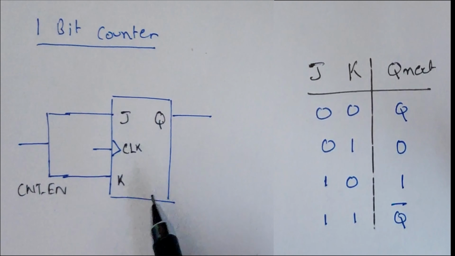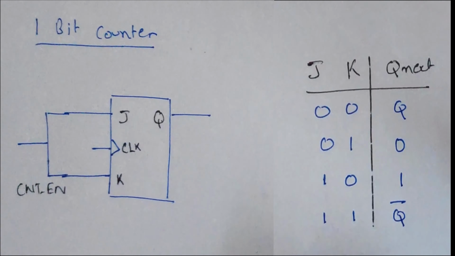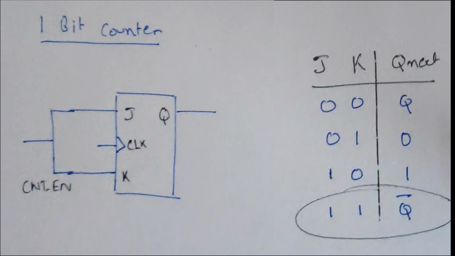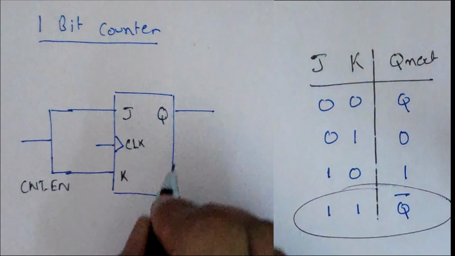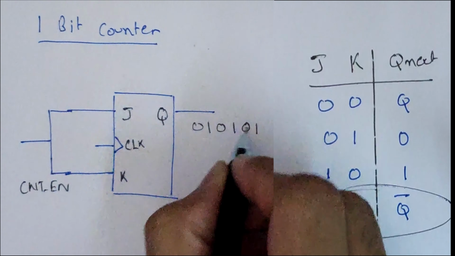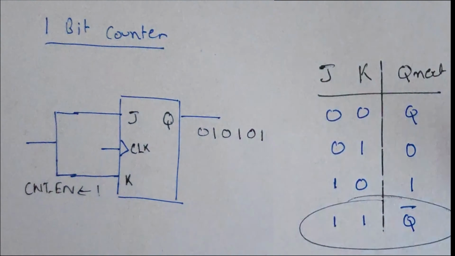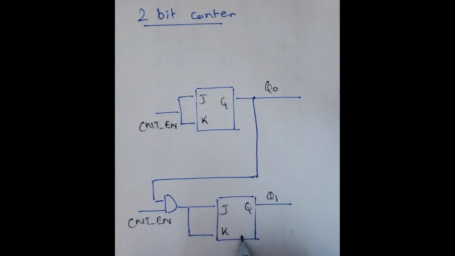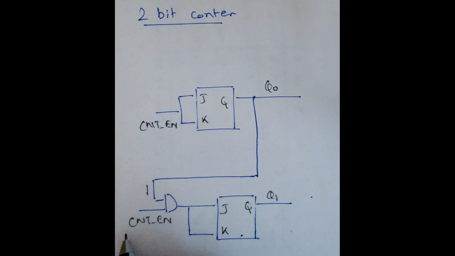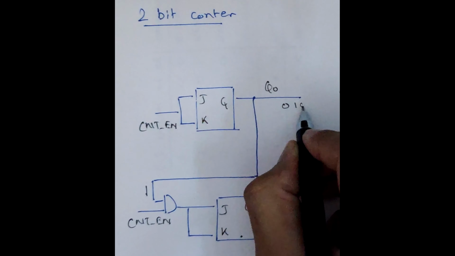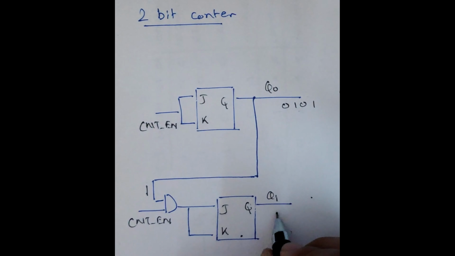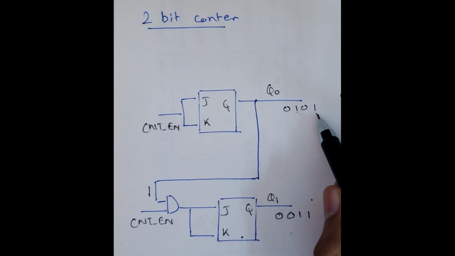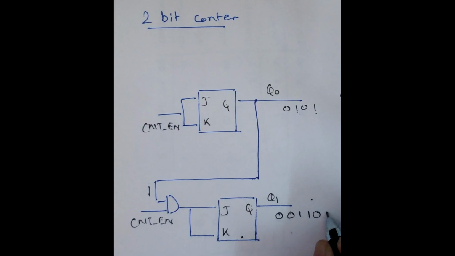This is a 1-bit counter made with a JK flip-flop. When both J and K are 1, the flip-flop keeps toggling, which is basically up counting in binary. This circuit over here is a 2-bit counter. The second flip-flop only toggles when the output of the first is 1. So when the first flip-flop counts as 0, 1, 0, 1, the output of the second will be 0, 0, and then since it is 1, it will toggle. So 1, 1. It will be 1 again after one clock cycle, at which point it will toggle again.